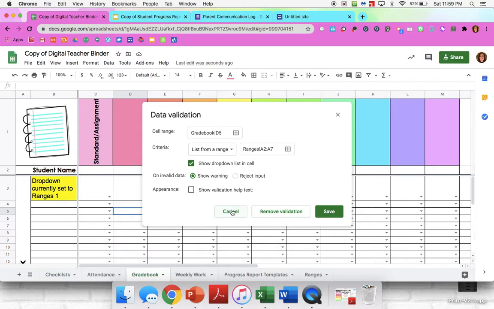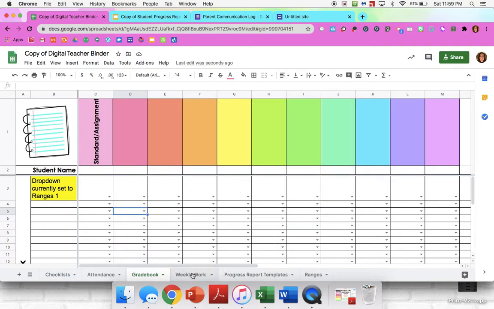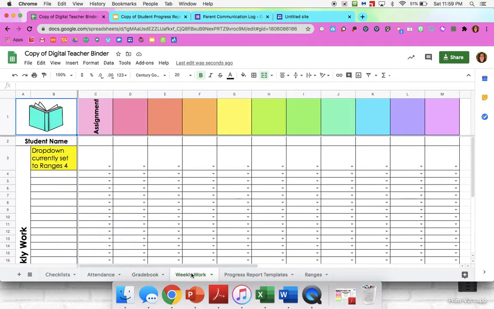So there's that. You also have the same sort of format on the weekly work sheet. This one is a little bit different though. It's formatted so that it's complete, incomplete, or not turned in. So as I mentioned in the introduction video, this is a system that I use in my classroom where I have a set